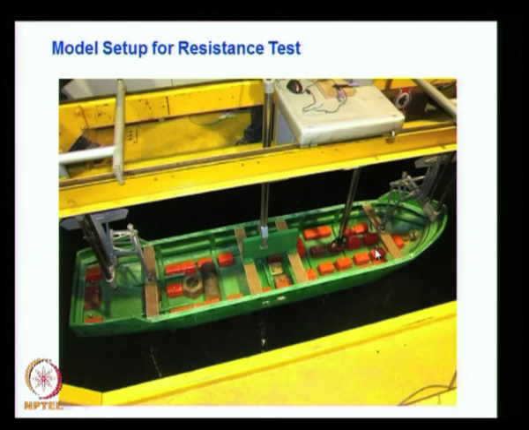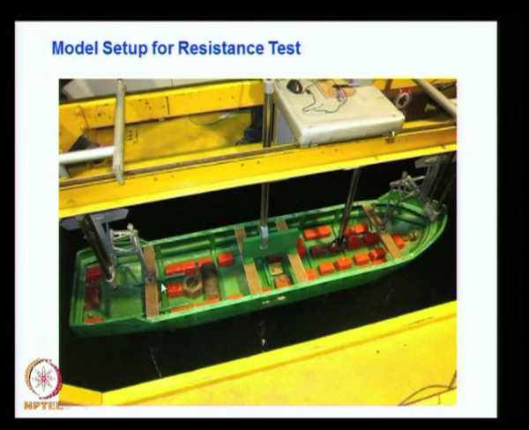So then you will come to know what is the total mass, in which you initially use a weighing machine. You weigh the model hull alone plus the fixtures and all that, then you find out what is the additional weight, the red weights, that is required to be put inside the model, and that also you measure and then you place it inside. So finally the total will float at the design load water line. That is how the model is prepared.